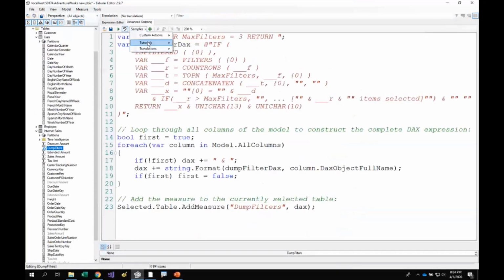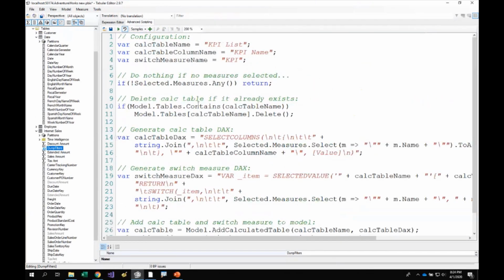Other stuff we can do. Another one that I'm using quite often is this: consider a scenario where you have many different measures and you want to provide a single measure and a new table, a slicer where the user can pick which of the measures they want to see. Instead of the user having to select a specific measure to display on a chart, you want a slicer on which the user can decide which of the measures they want to see. There's a pattern for that in DAX,